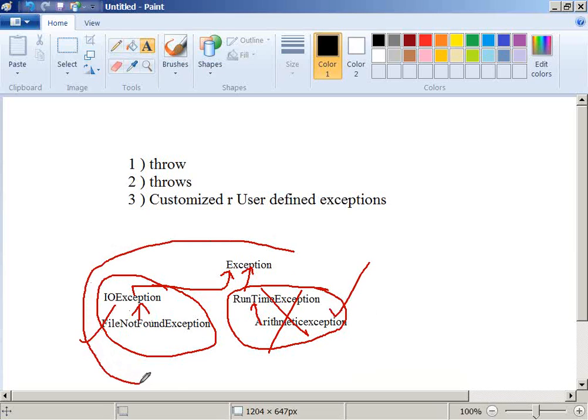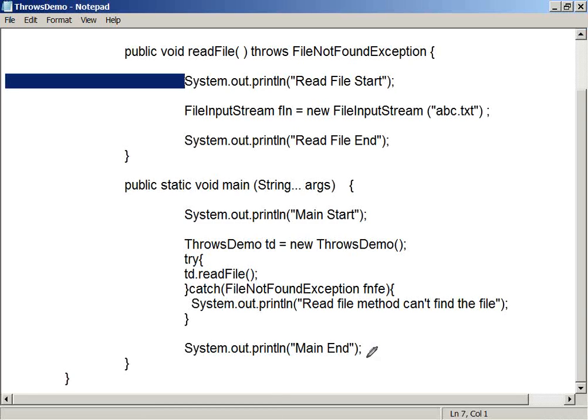Whatever it might be, whether it is compiler checked or compiler unchecked, all exceptions are raised at runtime. Right? So there is a very important question. If you don't understand, no problem, just go through the video one more time so that you can understand.